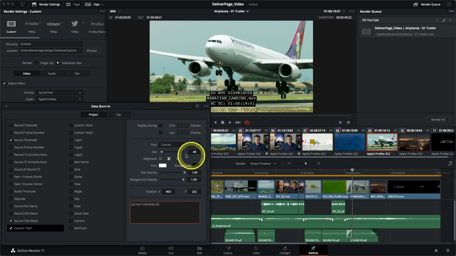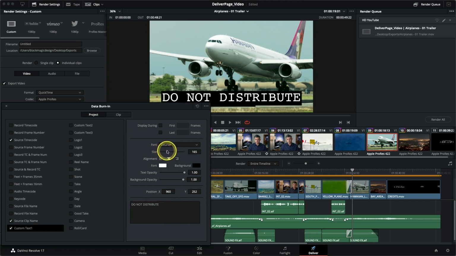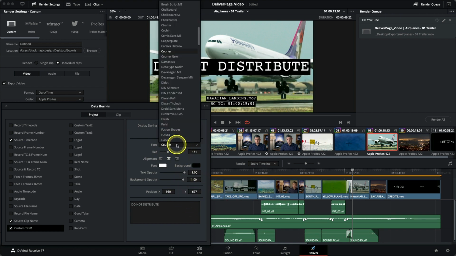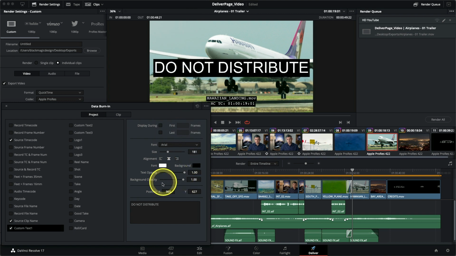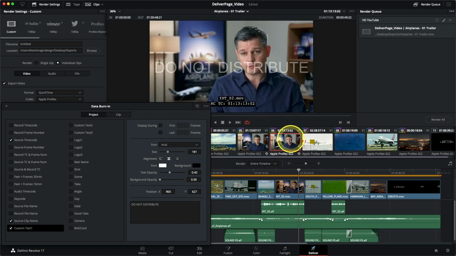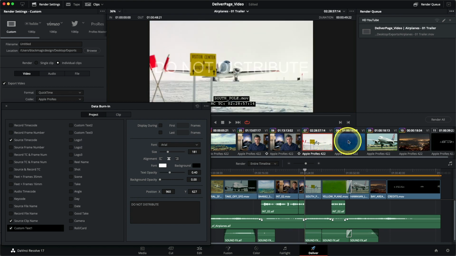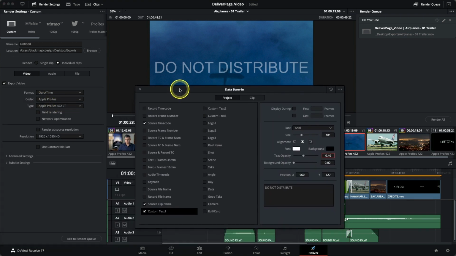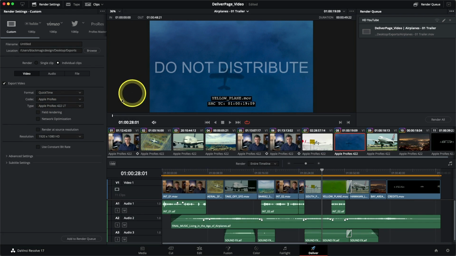And now I can resize my custom text, reposition it, and even change the font if I wanted to. We also have opacity controls for the background and for the text itself. So I'll probably want to make it semi-opacity. I'll type in 0.4. And now as I scrub through the clips, you can see that we have text disrupting these clips from being shared. When I'm ready to hide this interface, I can click the X in the top left corner and continue with